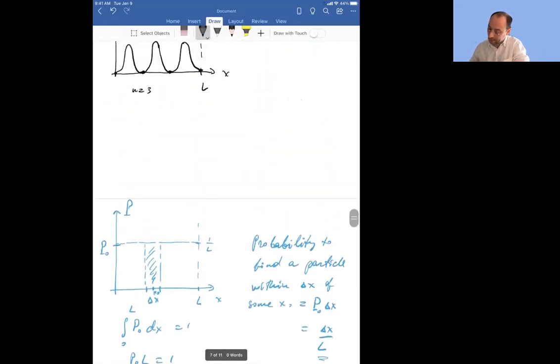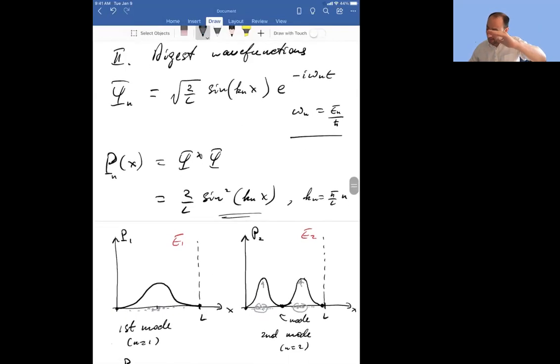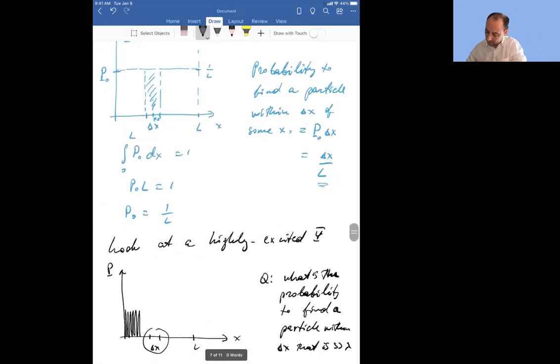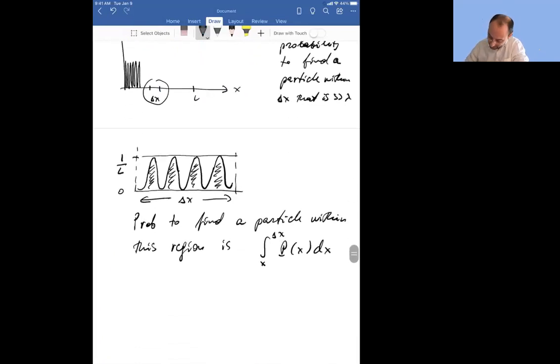You see the probability density, it oscillates between 2 over L and 0. So this is 2 over L. I'm glad I caught myself. It goes between 0 and 2 over L. And so you don't have to do any math. You can see that it's half of that area. It's 1/2 of that area, 2 over L and delta x